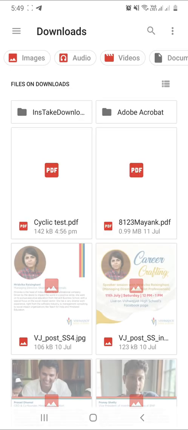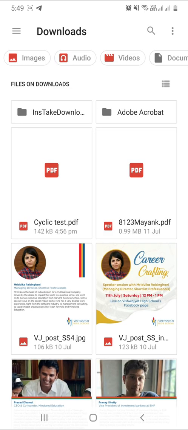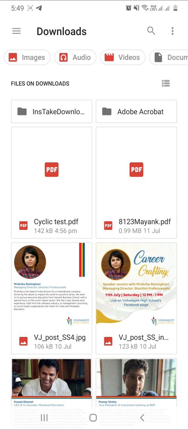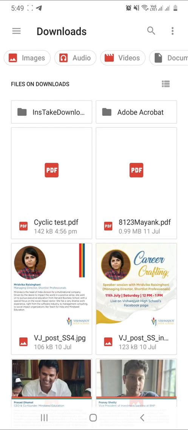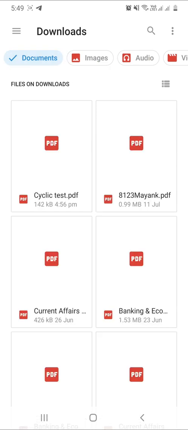Once I click on file, I will see a bunch of files. Here you can see it's showing me a bunch of different files that are in my mobile phone. You can see that I have created a file in the format that has been prescribed by the school.